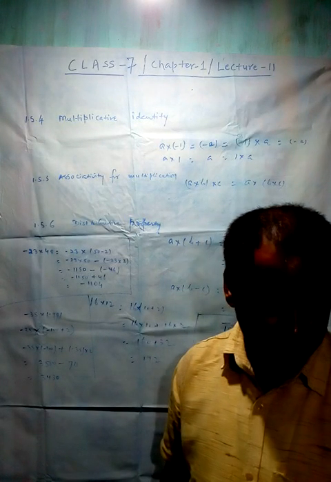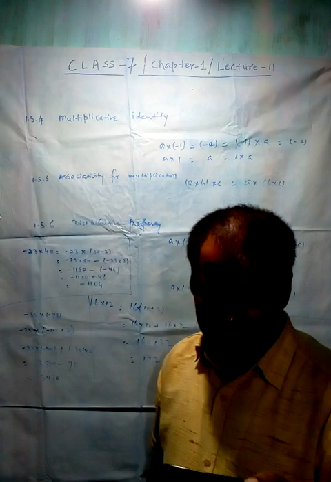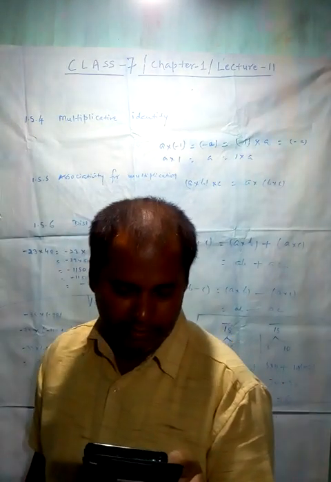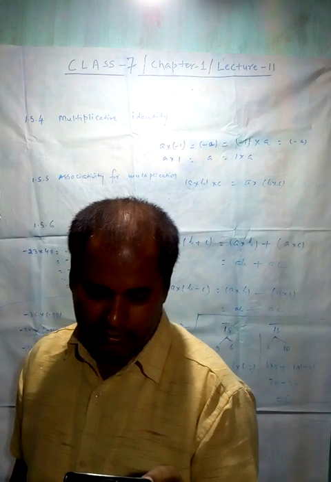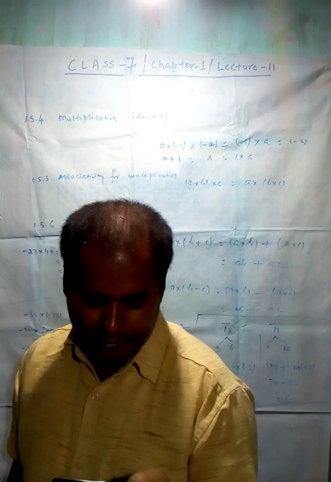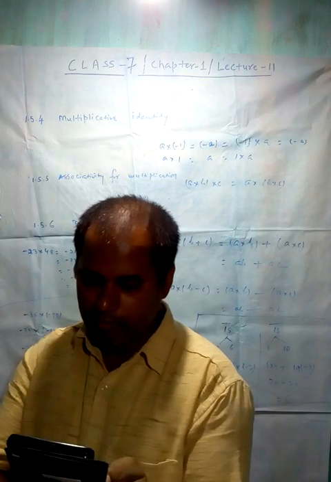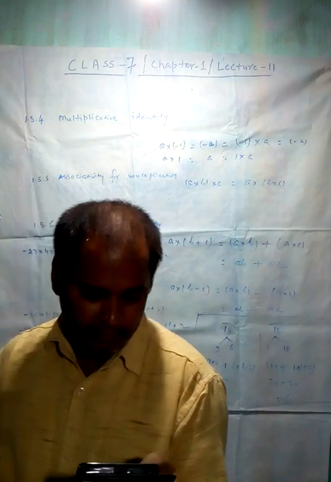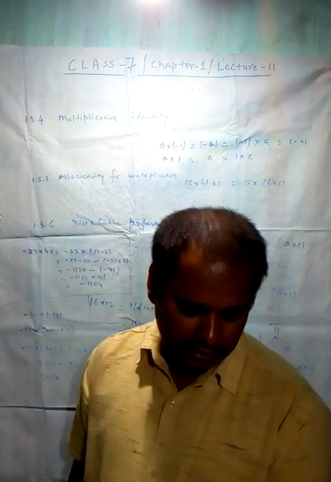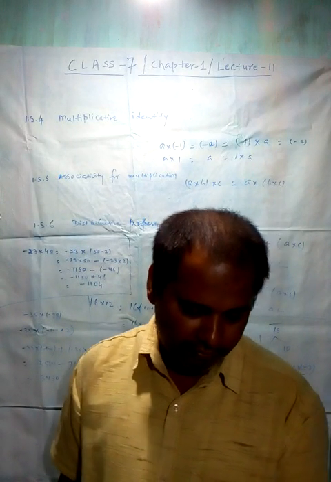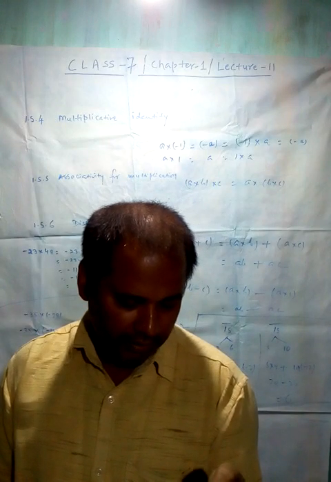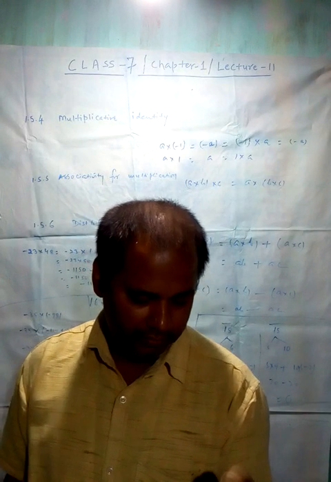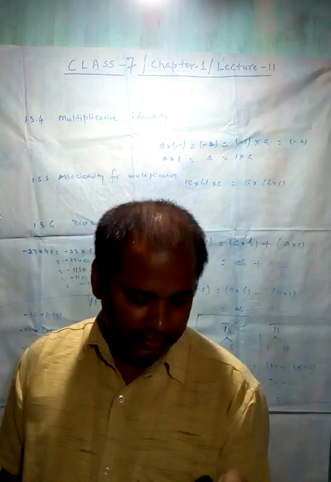Example number 5. Suppose we represent the distance above the ground by a positive integer and that below the ground by a negative integer, then answer the following. An elevator descends into a mine shaft at the rate of 5 meters per minute. What will be its position after 1 hour? And second, if it begins the descent from 15 meters above the ground, what will be its position after 45 minutes?